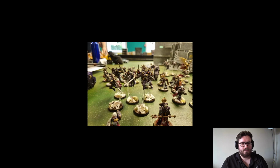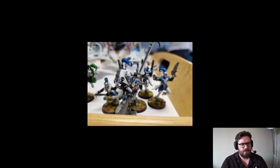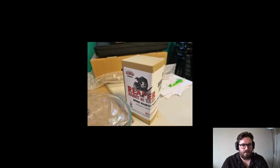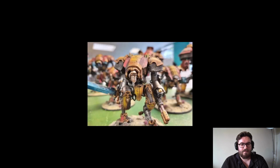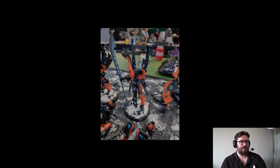The event itself. Setting up was the easy part. It was just a long process. I got a practice game in afterwards so I could test out the top table. Setting up was relatively easy. I had Innes to guide me through it, and Innes was a stabilizing feature for the whole thing. So if it's your first event that you're running, make sure you have someone who can help you run it,